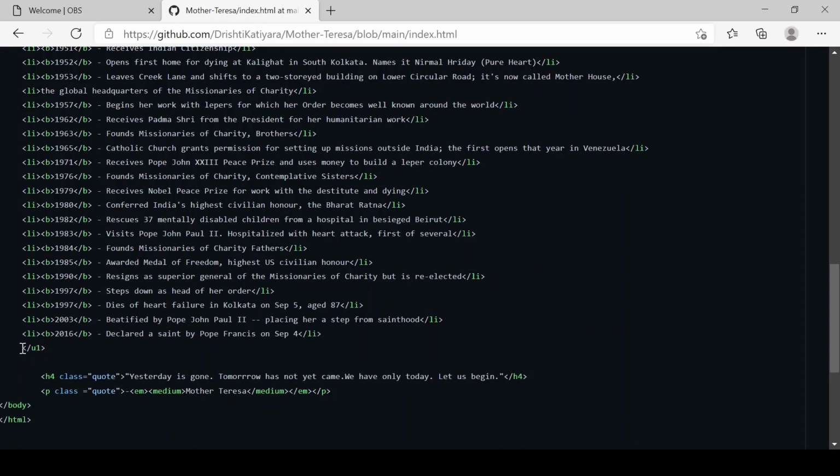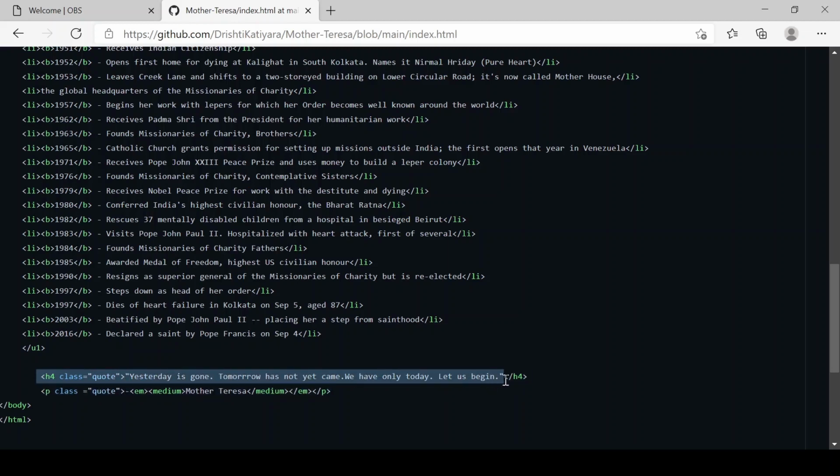Finally, we have included the closing tags for each and every class which we have done. Even for the li tag and for the bold tag, we have to include the closing tag. Last but not the least, we also have to include a quote written by Mother Teresa. So we have created an H4 tag under the class quote.